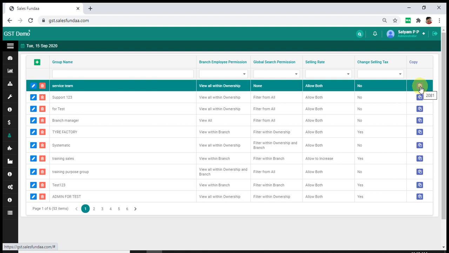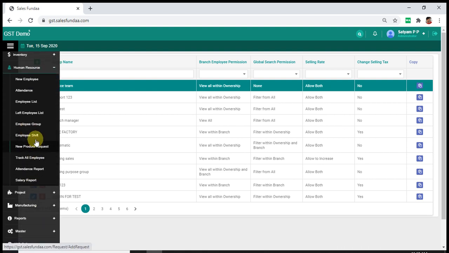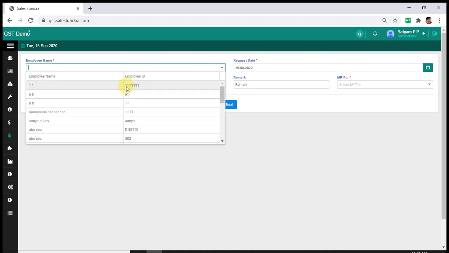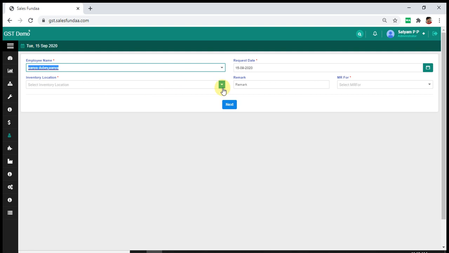Now next is new product request. New product request means, in case your employee needs a bike for traveling, or a laptop or something for showing a demo or giving a presentation, the employee can put in a request for the product from inventory.